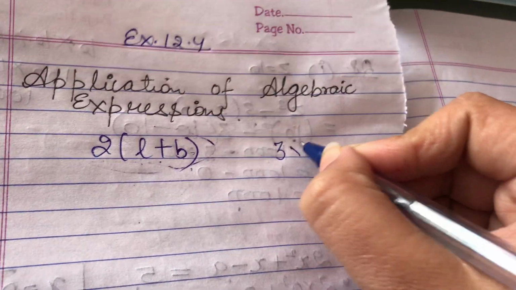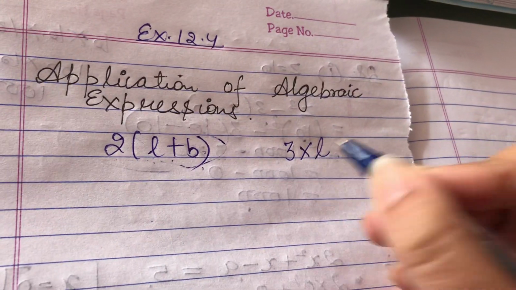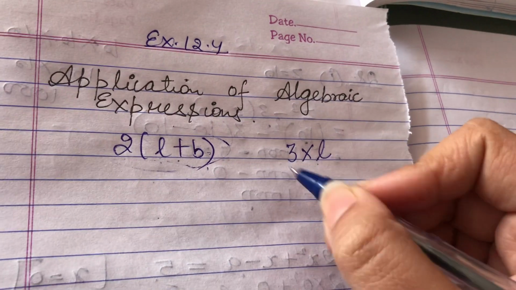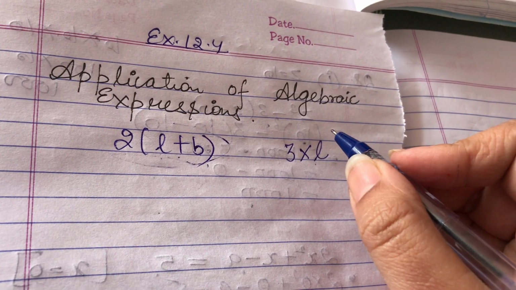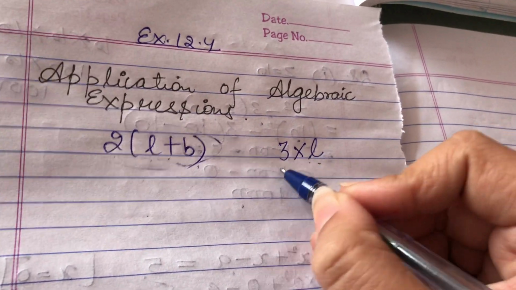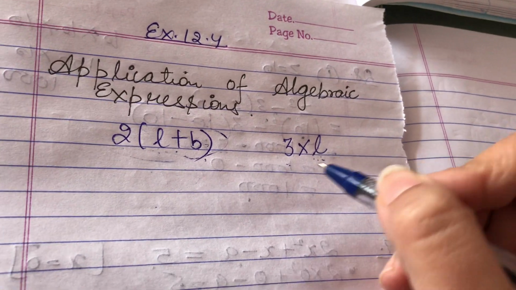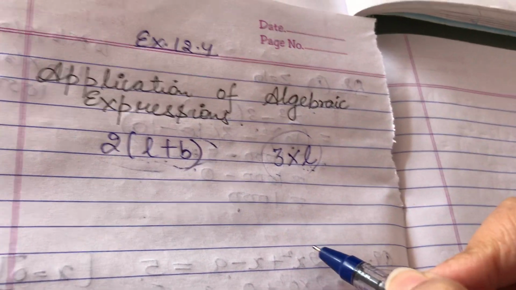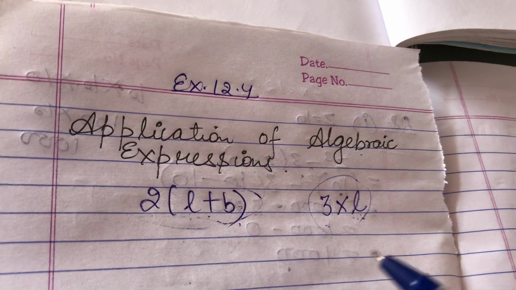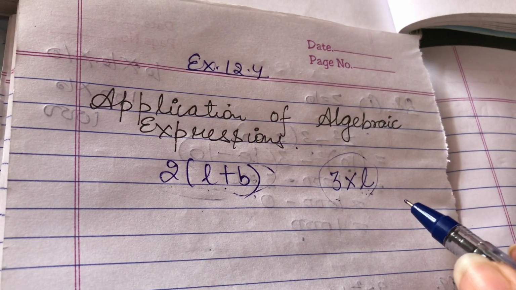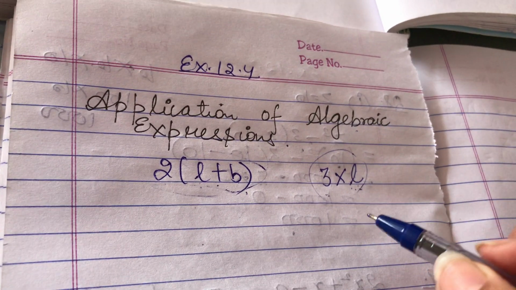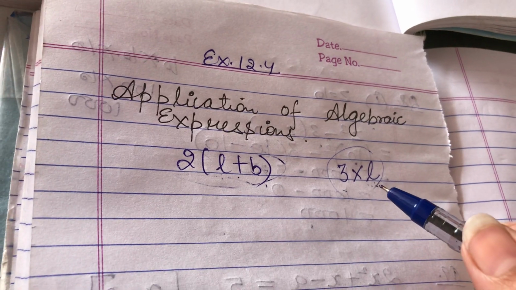If I have to find the perimeter of an equilateral triangle, I do 3 into side, 3 into L, where L is the side. So it is again an algebraic expression. So we have been using algebraic expressions for so long to find the values of missing quantities. Okay. Now,